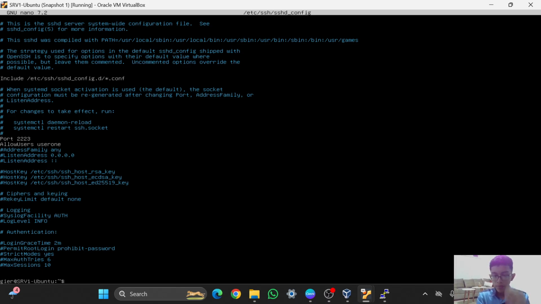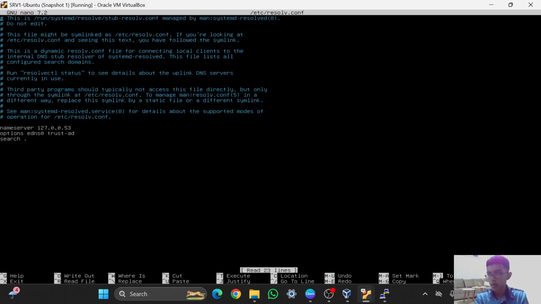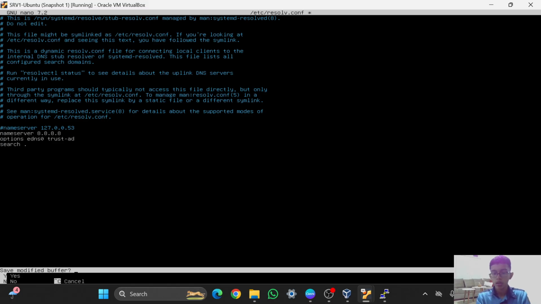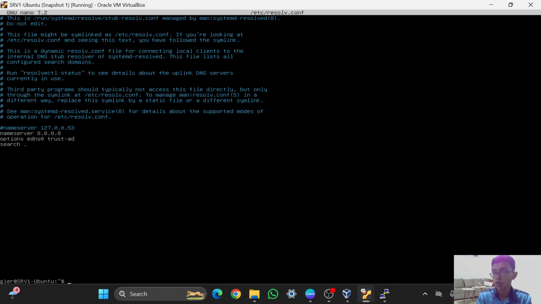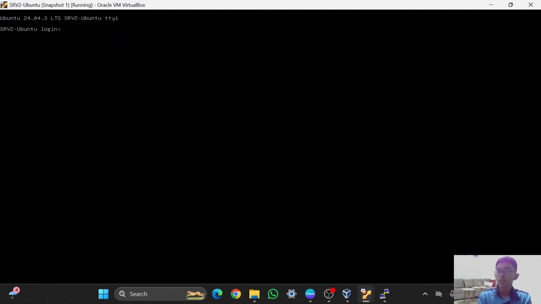Here, using sudo nano /etc/resolv.conf, and the password is this one. We can add a hashtag here, and then type again nameserver, and then the DNS server of Google, the IP of Google, which is that one. And I will also change it on server 2.